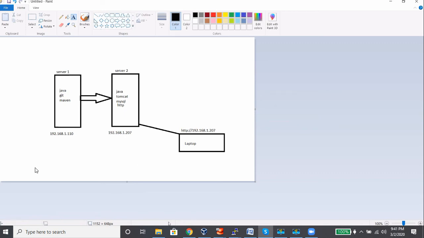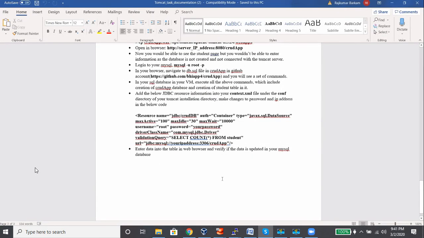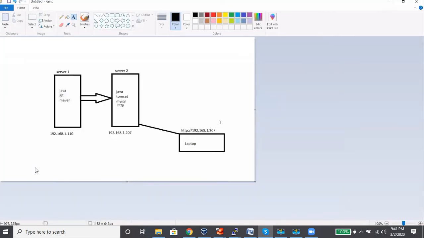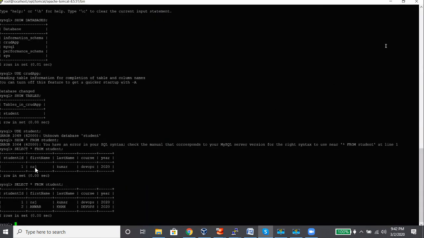So I used the context.xml details in the configuration of context.xml in Tomcat. Now, when I try to save some data within Tomcat, I can see those details in the database we created, which is CredApp DB, in which we created the student table.